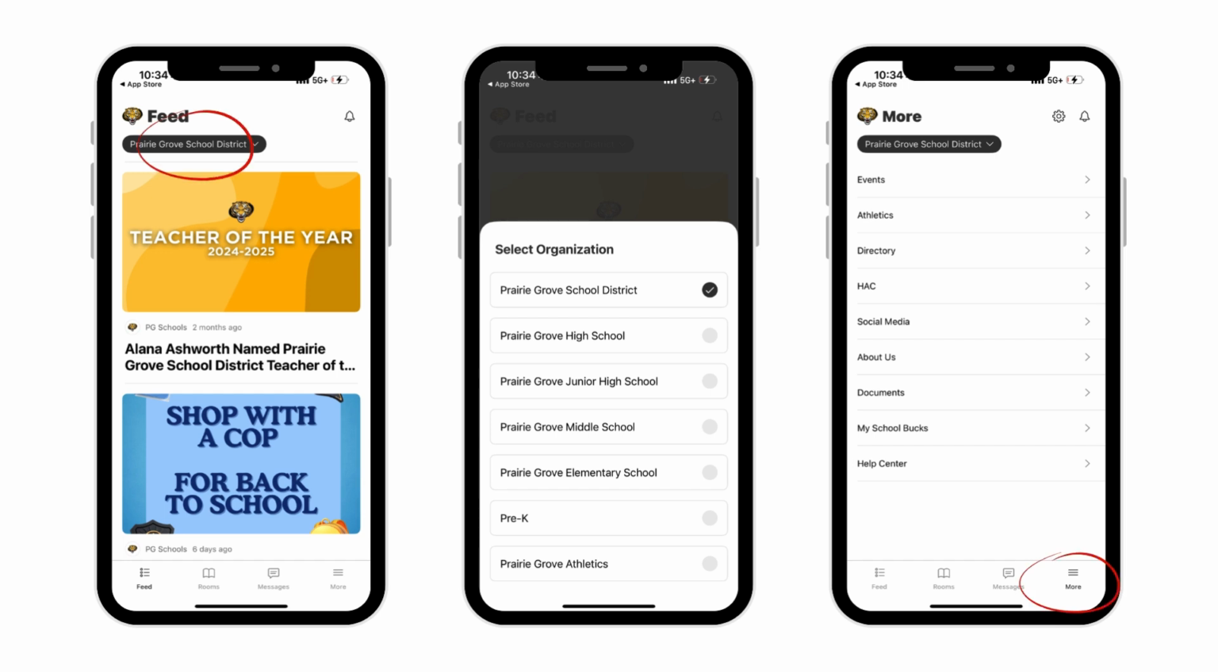So if you're using this to keep up with school events, you can see it has district at the top. You can drop down and go to high school. You can go to athletics, where probably score updates are being posted, various things like that. On your More tab, you can see Hac, where you go to check grades, My School Bucks, where you pay lunch fees,